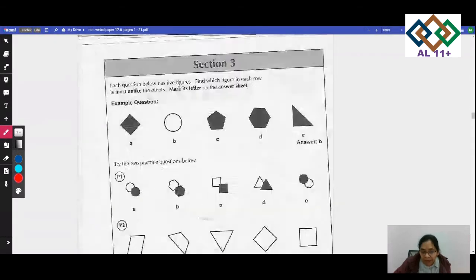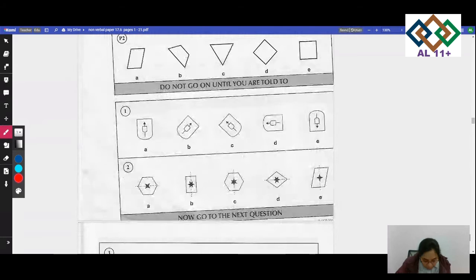Now we have the odd one out. What do you think the odd one out would be for this one? If you look at the arrows in all the figures, the arrow points at the straight side of the last shape. If you look at the arrows, they're pointing out at the shape. So one of them is not pointing out, and that is D. All of them are pointing to the shape. Can you see it? Pointing, pointing, pointing.